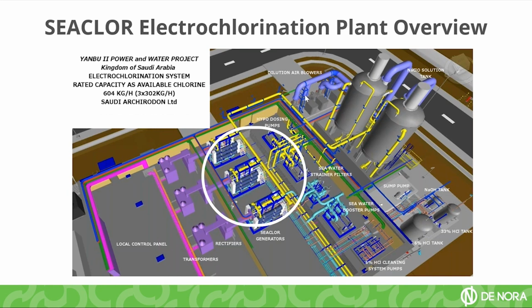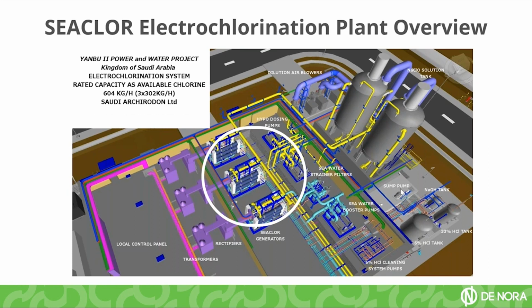So these purple pipelines here are actually the air which is being blown inside the tanks to dilute the hydrogen gas. Here in this installation in Saudi Arabia, these tanks are pretty big. So all the air which is coming here and diluting the hydrogen would then be coming out here directly into